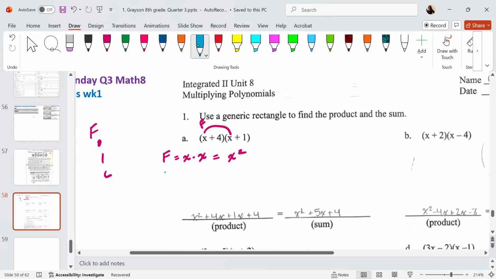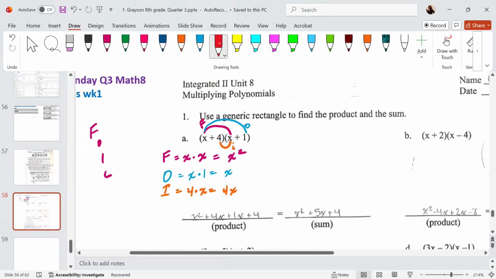Next, O stands for outside. Do you see how those are the outside? So that's going to be x times 1, which is x. I stands for inside. Do you see how that stands for the inside? So it's 4 times x, which is 4x,